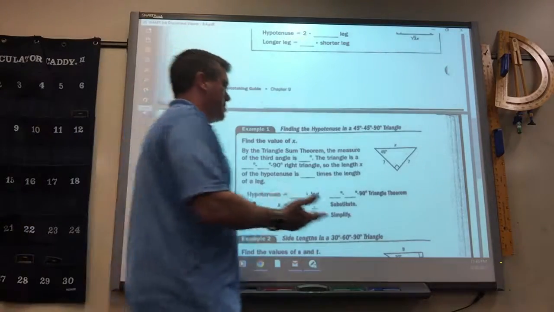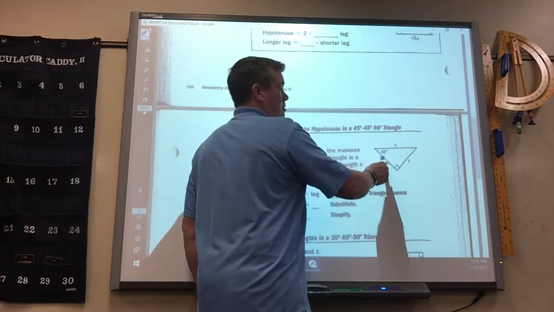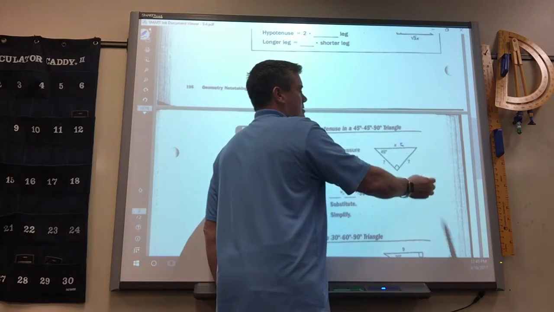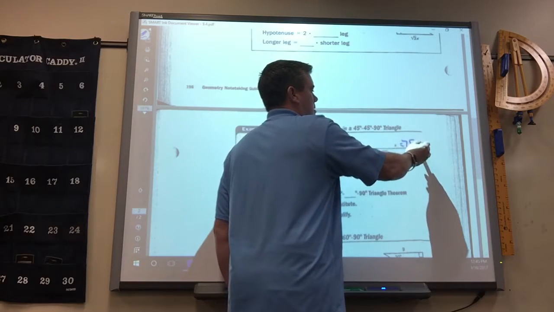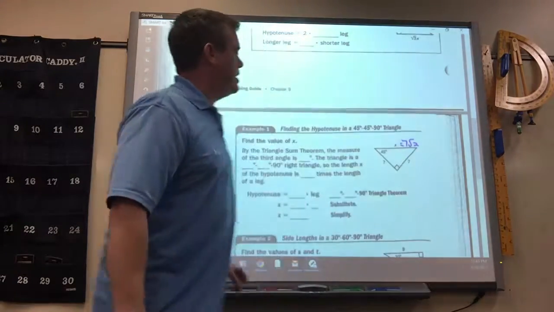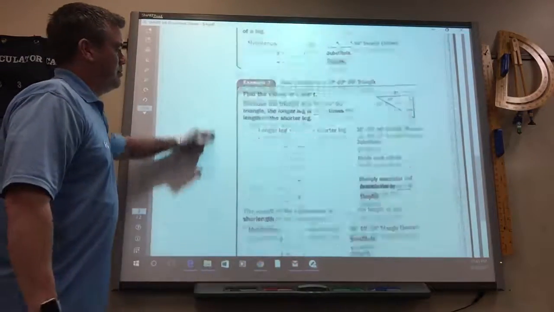Next week we'll do the 30-60. So, if the two legs are 7, what's x? 7 square roots of 2. The rule's right up there in case you forget. Let me get our